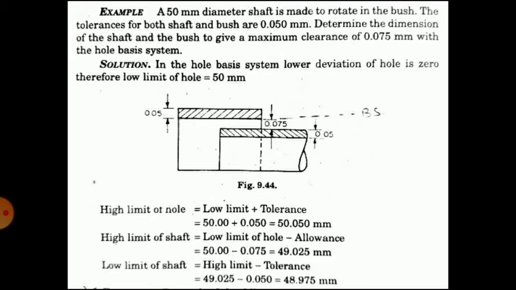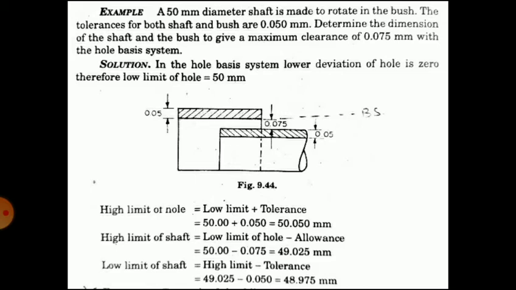So hole basis system means that the hole is a constant member and the different fits are obtained by varying the size of the shaft. That is called a hole basis system. Now first find out: in the hole basis system, because the hole is a constant member,